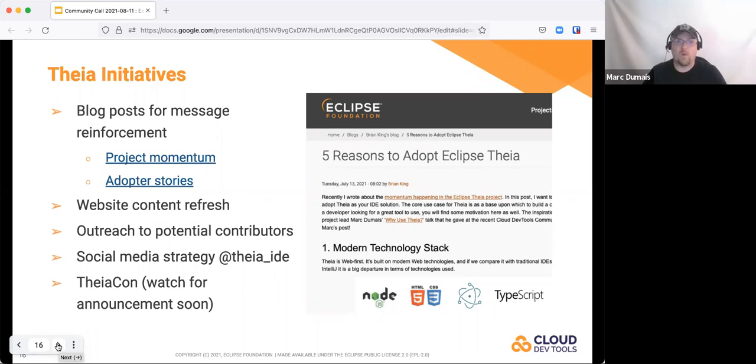Where the three leads of the project will have a bit of time to talk about different things. So that should be interesting, not too long. So a good session to attend, in my opinion.